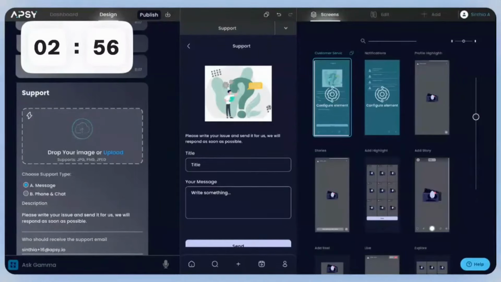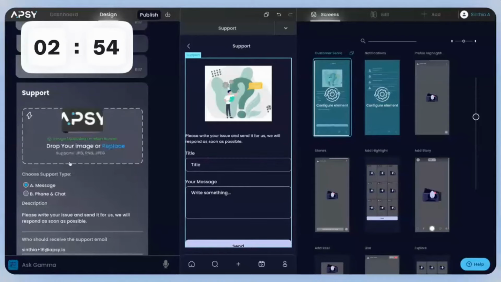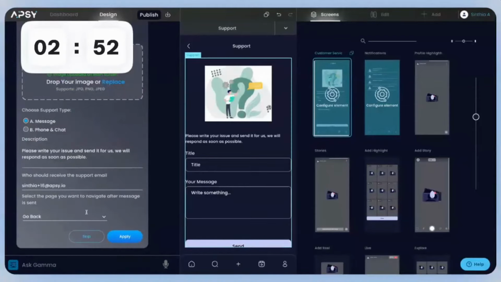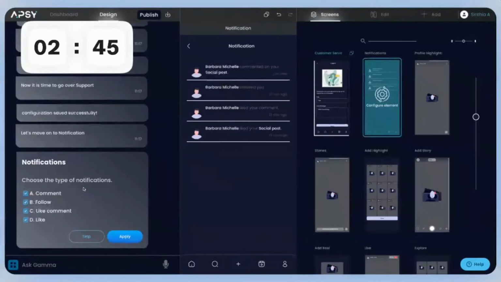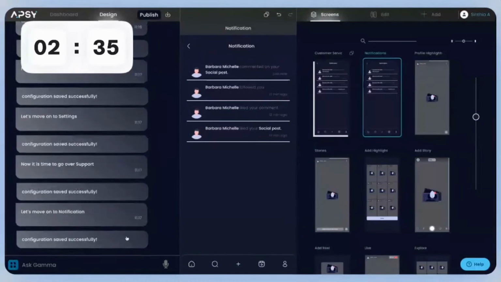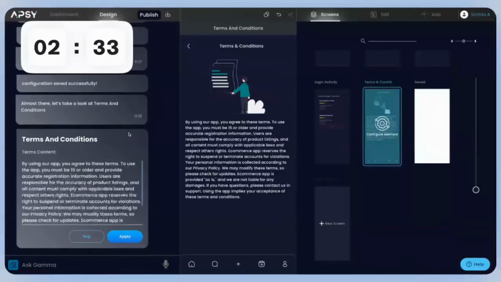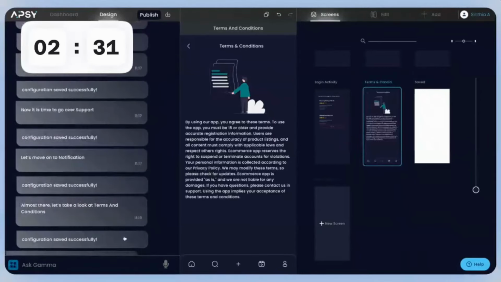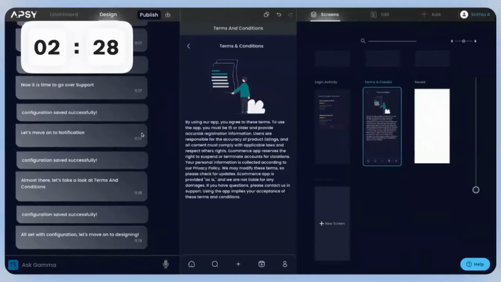This is support. So support, you can again, I'm gonna use my Absy logo. You can use whatever you like, and this is just saying go back to wherever the user came from. But you can change this target to something else too. Notification is simple as that. You have follow if you want. If you don't want to get notified by follow, you have like, comments. I'm gonna keep everything because I like to see people commenting and interacting with my content. So I just kept all.